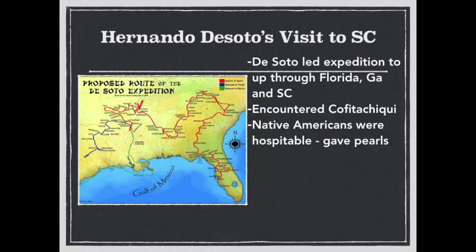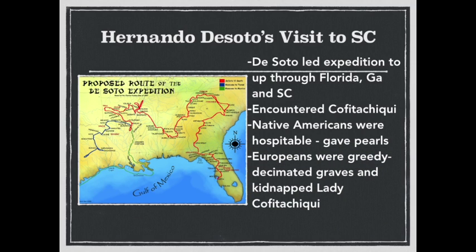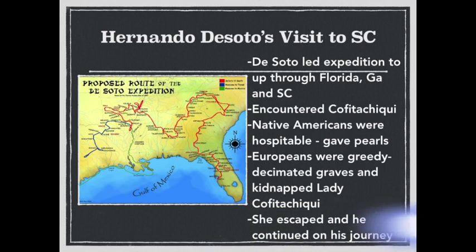They're Native Americans, and they were very hospitable. They gave him pearls, but of course they were looking for what? Gold. So he ended up raiding or decimating graves, trying to find more treasure, and he actually kidnapped Lady Cofitachichi. She escaped, and he continued on his journey throughout the southeast, and that's how we know so much about the